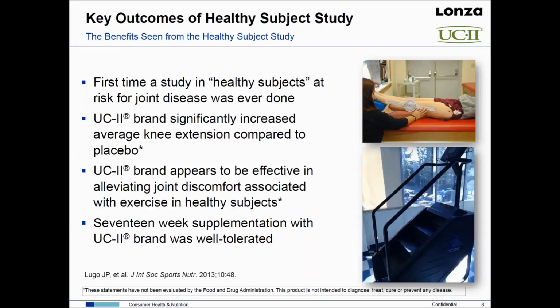UC2 was effective in alleviating the joint discomfort associated with exercise in healthy subjects. I didn't present that data here, but in separate analyses of these studies, we did see a very strong trend towards reduction in pain. And what's very interesting here, because these are healthy subjects, use of the word pain is appropriate because they would recover anyway. So this pain is not associated with a disease, but it is associated with the normal everyday activities